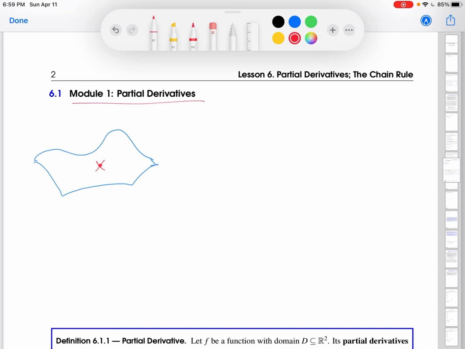First module: partial derivatives. You no doubt recognize this word from single variable calculus. Why partial? What does partial mean? How can a derivative be partial? We'll get there. The first thing I want to do is give you a nice anchor of an application, or more like a real world context,